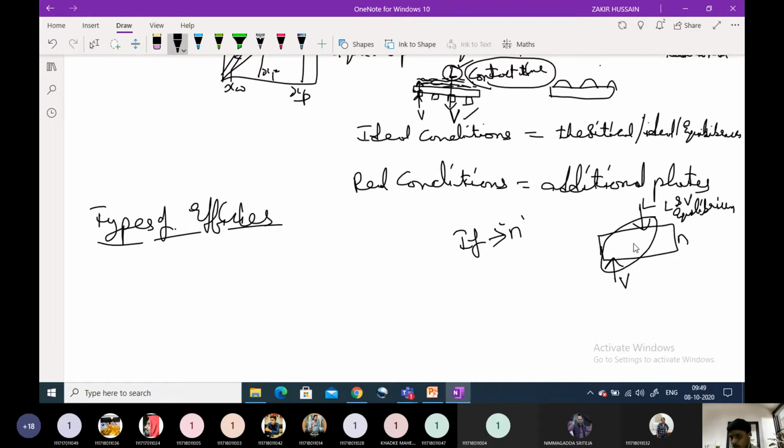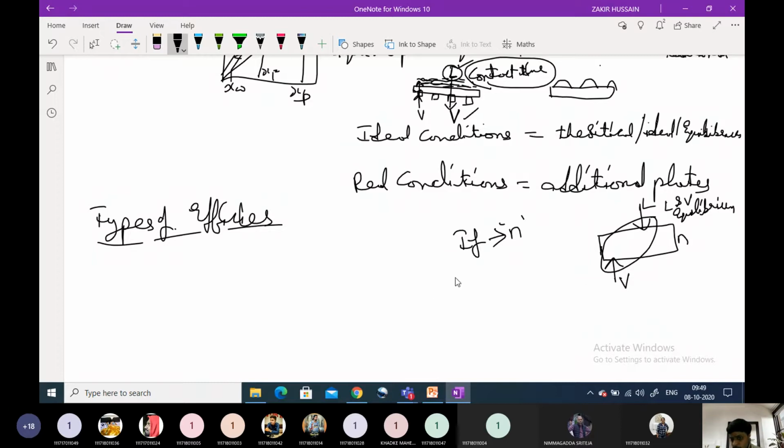But in the real conditions, what will happen, because we are not supplying sufficient contact time. In industrial plants or operations, we want the product directly from the raw materials. We will not invest much time because it will result in a loss of production. So the intimate contact between these phases will not be ideal, and to compensate for that, we will provide some additional plates in the real conditions.